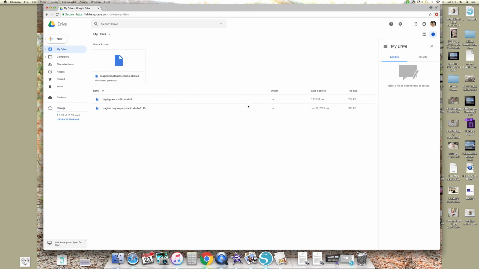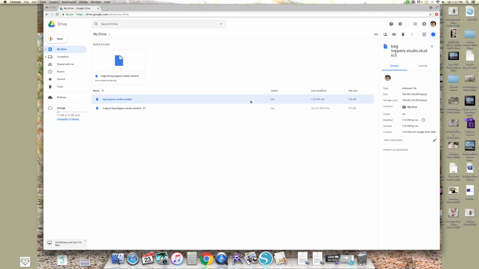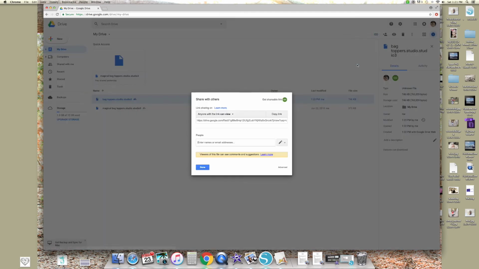So here's my new file. You're going to click on it just once to have it highlighted. Then over here on your right hand side, it'll show information. This very left symbol, if you hover over it, it'll say Get Shareable Link. So click on that, and it automatically enables sharing. Off, green means on, and then in share settings, you can also just email somebody if you're only sharing it with one person. Or at the top right here, you can click this copy link, so it copies it to your clipboard,